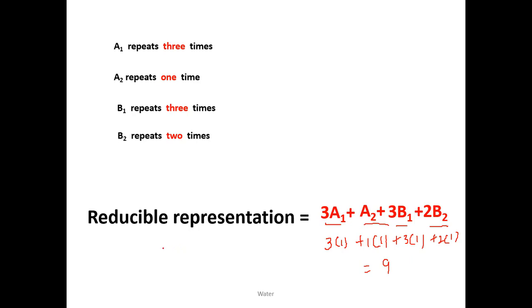We have already seen that the total number of modes is 3n, where n is the number of atoms. In the H2O molecule, the number of atoms is 3, so 3 into 3 is 9. These two should tally. So what you get here by adding these things should be equal to the total number of modes. This is the way in which you can check the correctness of your calculation.